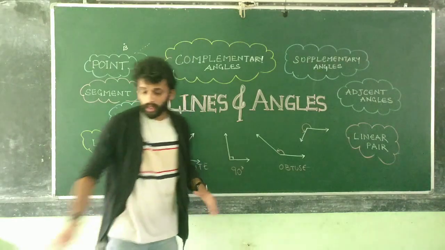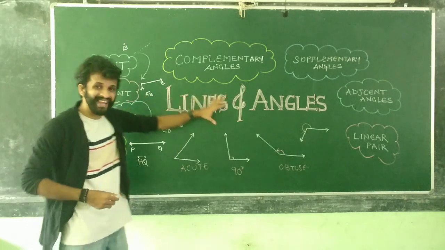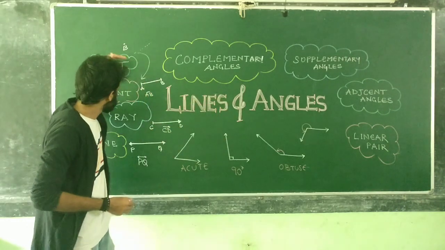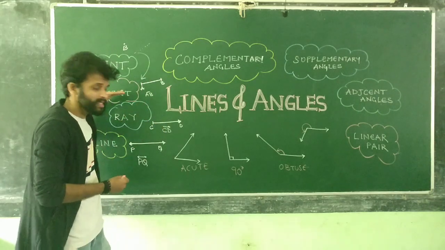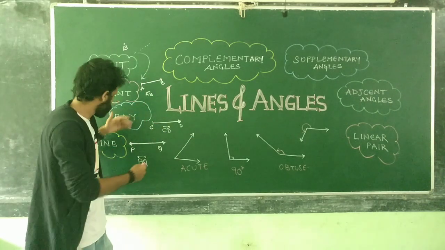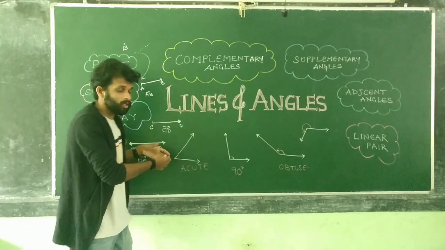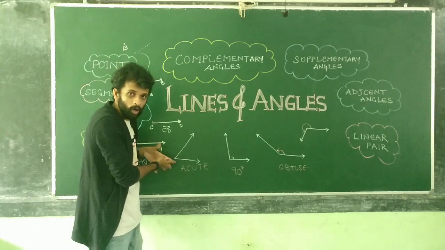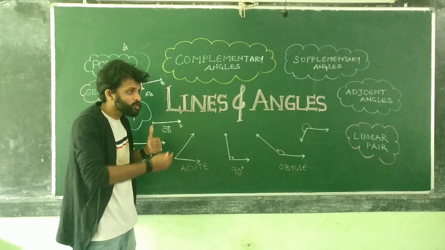I hope this thing is also clear. We started with line, then we saw how a line starts. So it starts from a point, then a segment, then you continue, then it becomes a ray, then it becomes a line. When two rays start from a common vertex, we get an angle, and based on how much is